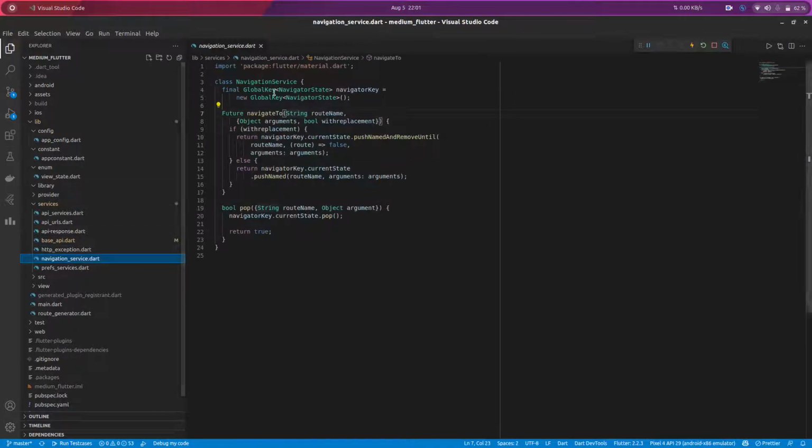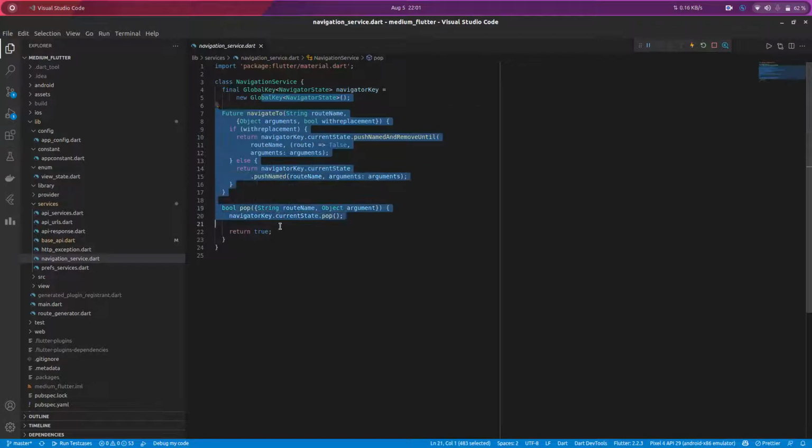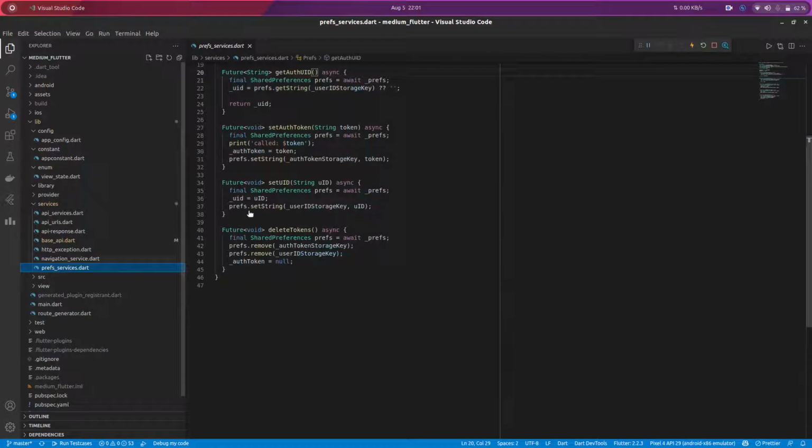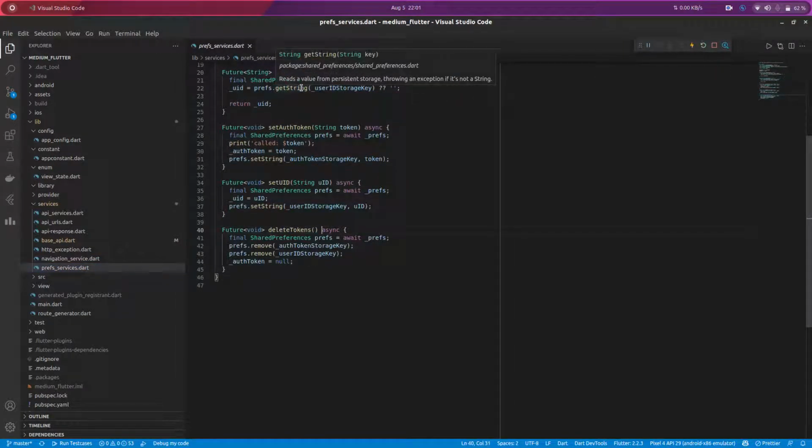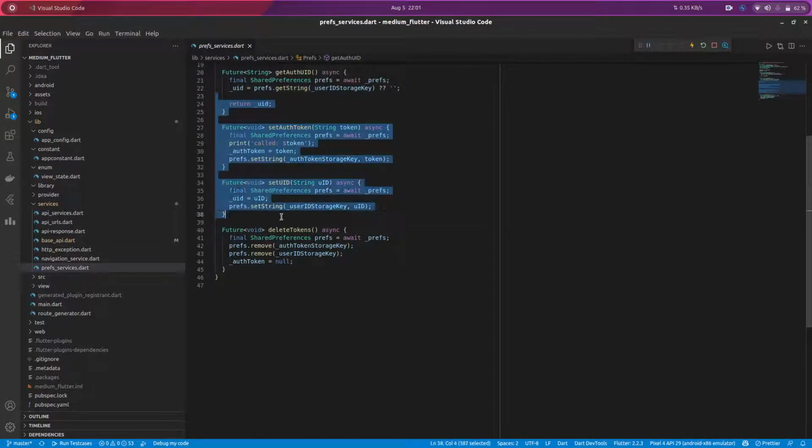And there is a navigation service. You know navigation service? Navigation service is like normal navigator.push, navigator.pop, but here I can use it in the view models. I will show you what the view models are later on. And this pref service. Pref stands for preference, and this is just like local storage if you are from the web development field. It stores the data on your mobile, so that if you open the application again, you don't have to sign in again, because once you sign in, your access token will be saved on your mobile, and when you open it again, this access token fetches your API, fetches your profile and populates it again.